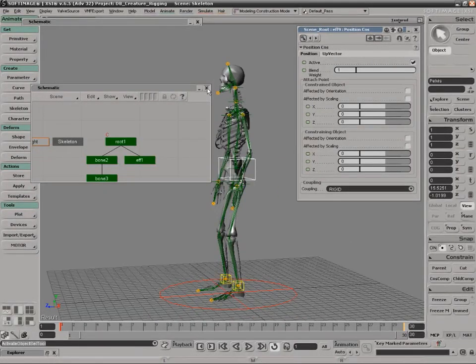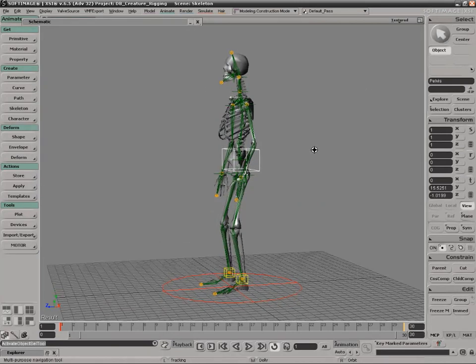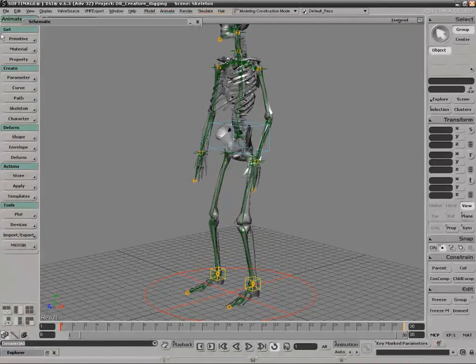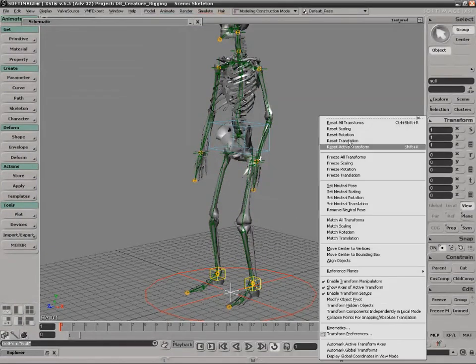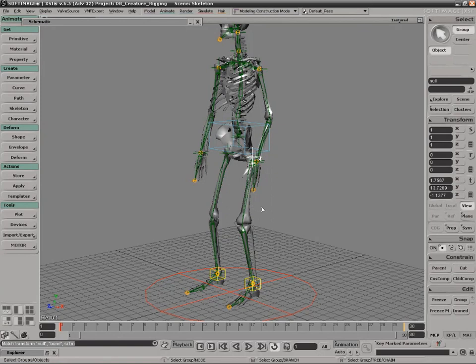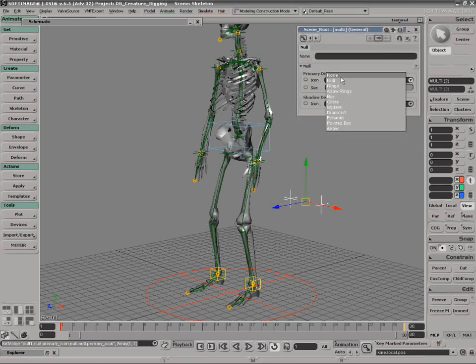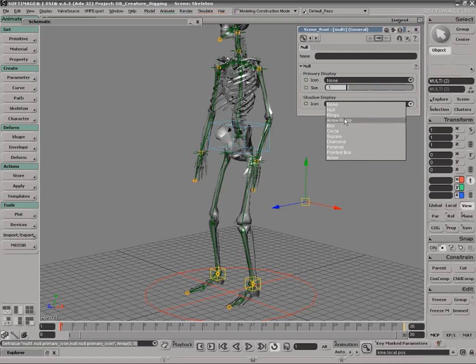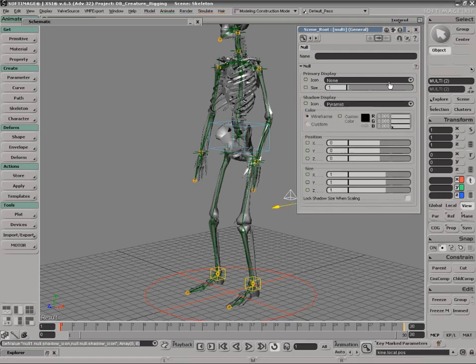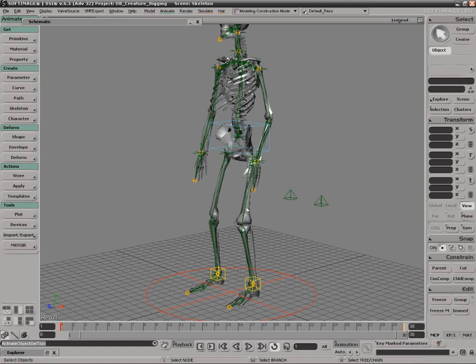Let's create the abductors. Primitive null, transform, match translation to this one, to the knee, duplicate, middle click to the other knee, select both, move them backwards. Let's make them some nice pyramid, small pyramid, like that, and